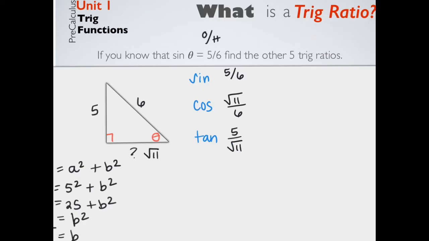Now, taking a pause right here. You are not allowed to have square roots in denominators, ever. So we have to rationalize that denominator. So to rationalize the denominator, I'm going to multiply the numerator and the denominator by the square root of 11. When you multiply fractions, you multiply straight across. So I have 5 root 11 over 11, because the square root of 11 times the square root of 11,